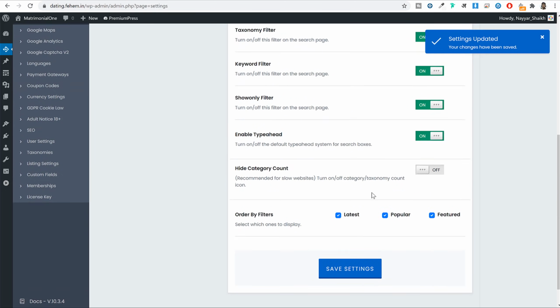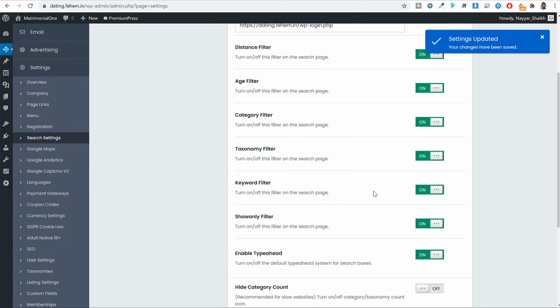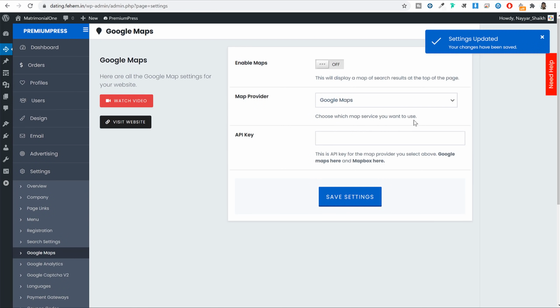Then you can do some more things. We'll come back to these settings later on in this video. We'll do all these settings in more detail, in more advance. Right now, I'm just doing the basic restrictions. Now you can come back to Google Maps, and if you want, you can enable this option. So if you want to display Google Maps for profile, basically if a person wants to show their exact location, you can enable this option. Again, we'll see this option later on.